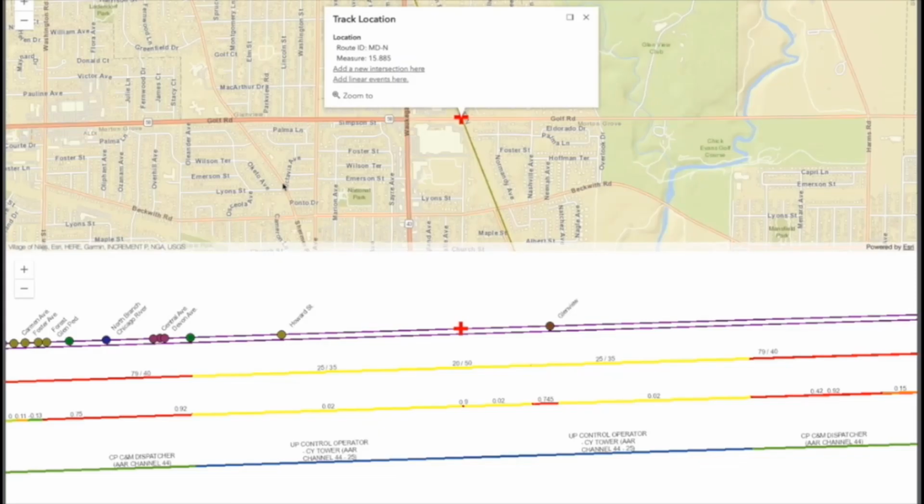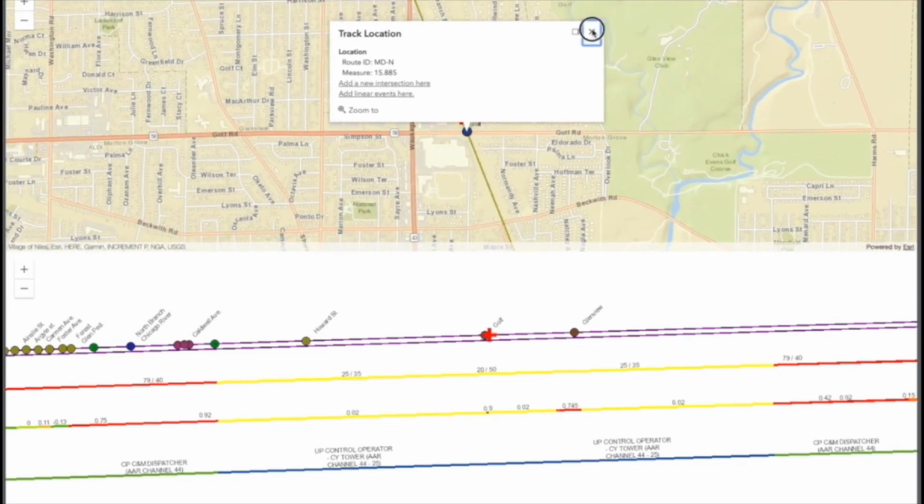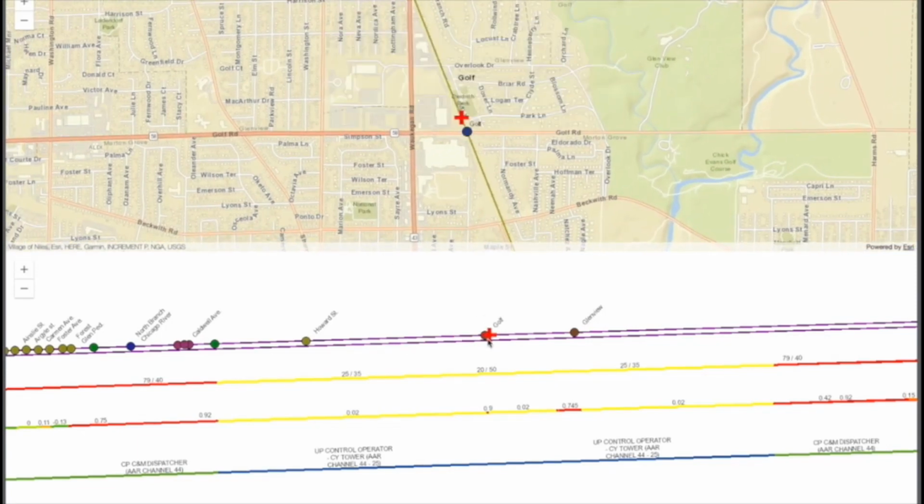Now let's go back to the multi-view app, and we can pan slightly to see that the new Gulf Road intersection has been placed on the map, both in the geographic view and also in the schematic view. Now that the rail line is split at Gulf Road, we can modify the linear events south of or north of that intersection separately. So let's click the new Gulf Road intersection